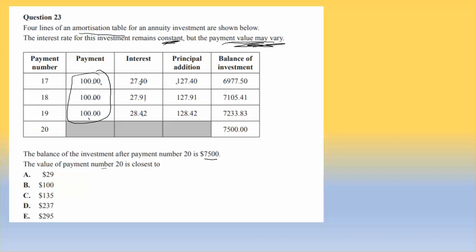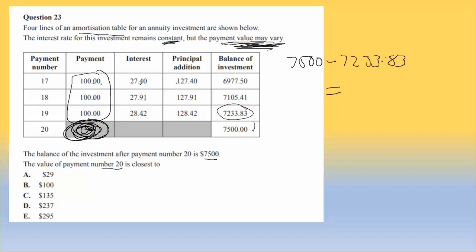What's the value of the payment number 20? So this is what I want to find out, this one here. Okay. Don't presume it's 100. Read the question. Payment value may vary. So first of all, I'm going to work out how much principal addition. I was here. I'm now at 7,500. So first, I'm going to do 7,500 minus